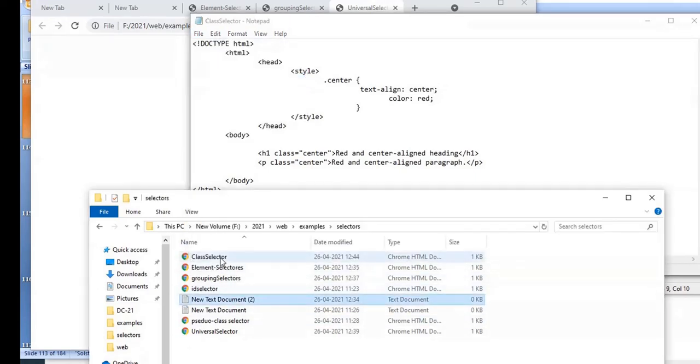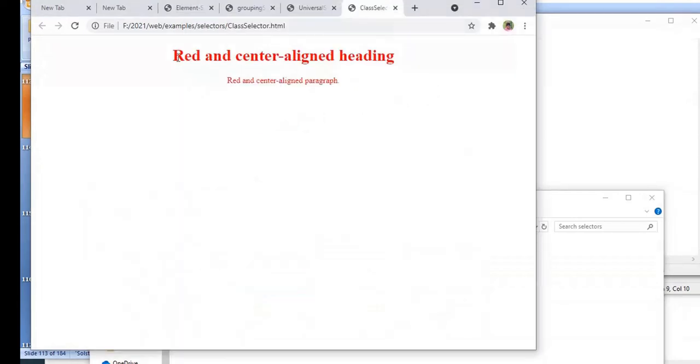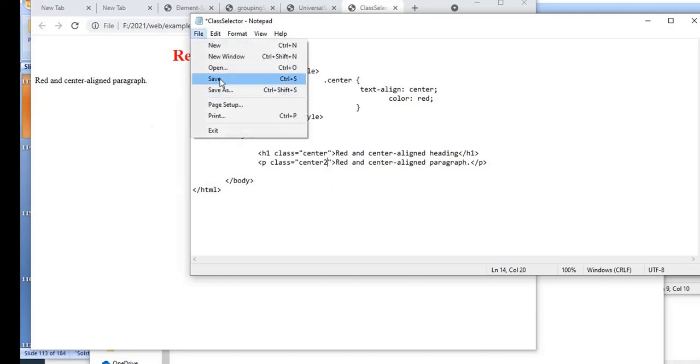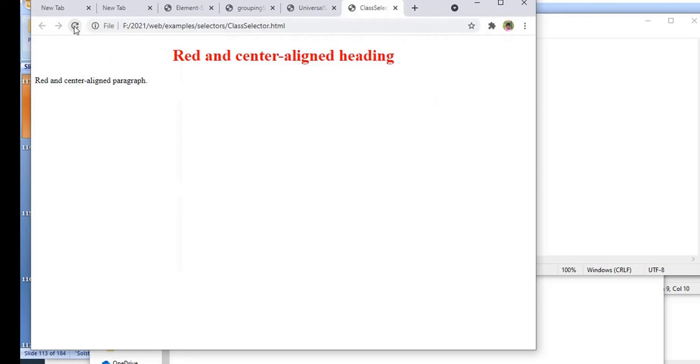You can observe the class selector. Wherever I use that class name, it is going to apply the style specified in the style tag. If I want to give some other class name and not the same style, then I have to create another style for that, and it will not apply this one.